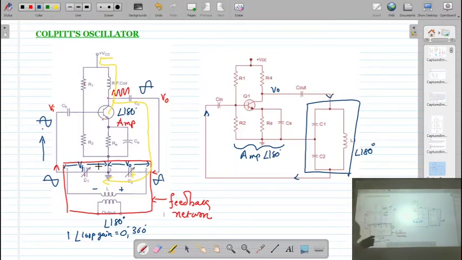So whenever we switch on, the transient current will flow. Due to that, in the tank circuit, charging and discharging of the capacitor will take place. As a result, oscillation is going to take place in the tank circuit. And to maintain the amplitude of this, it is given to an amplifier circuit so that you can have a sustained oscillation. Okay, now let us see what will be the frequency of oscillation.